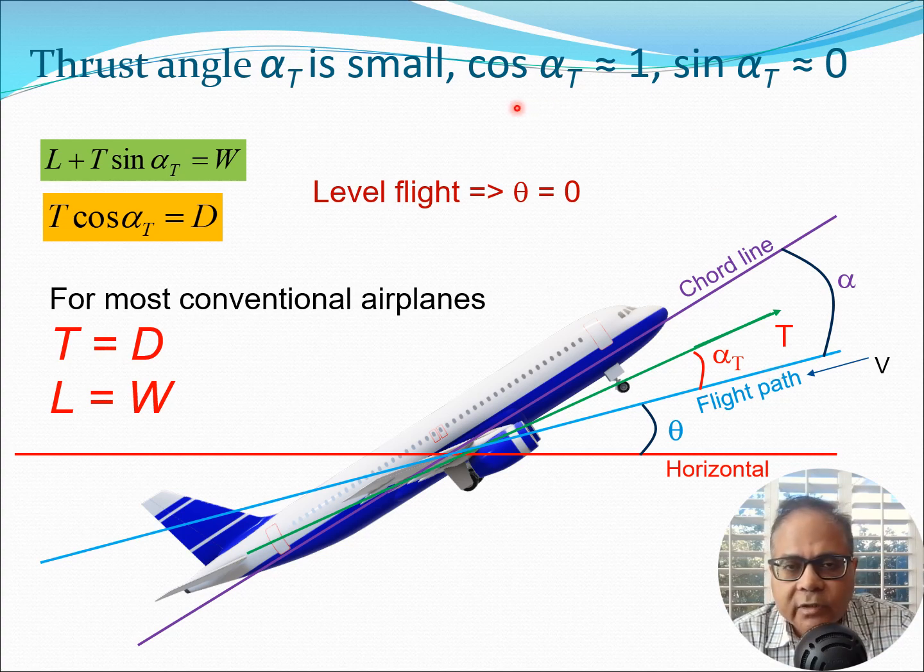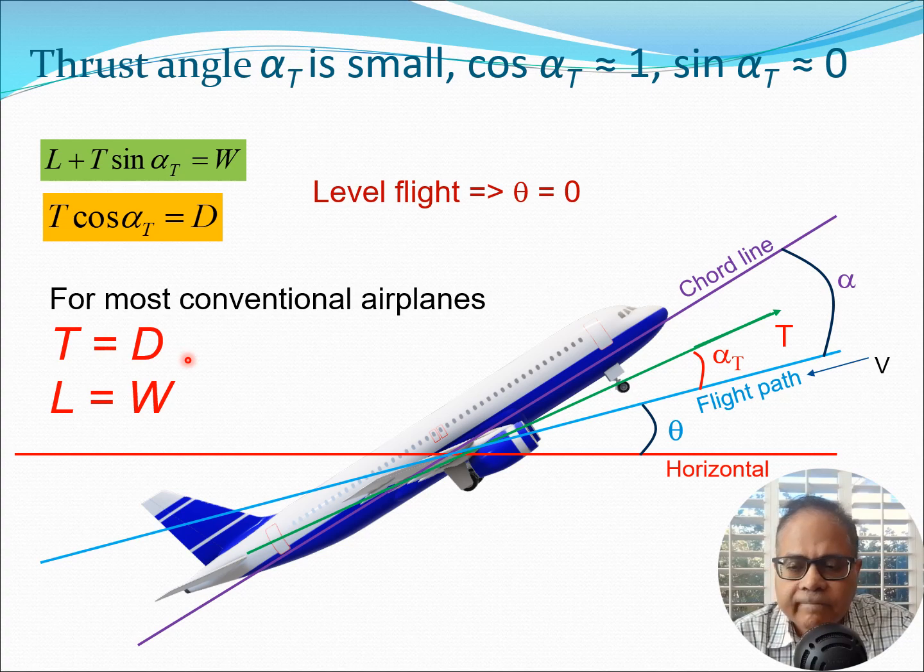So I can assume the usual trigonometric simplifications that cos alpha t is approximately equal to 1, sin alpha t is approximately equal to 0, and then in these two equations I substitute this here. Once I substitute this, what I get is simply L equals W and T equals D. So for most conventional airplanes where this particular alpha t is small, and also I assume level flight in the previous slide, that is theta is 0, I can write these two simple nice looking equations: L equals W and